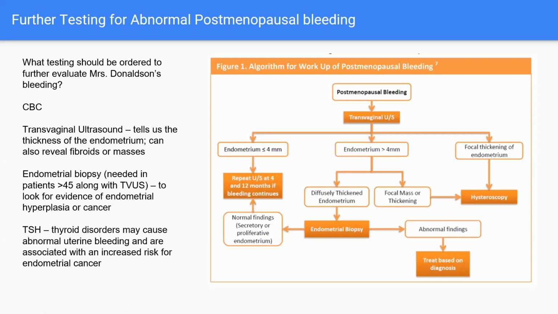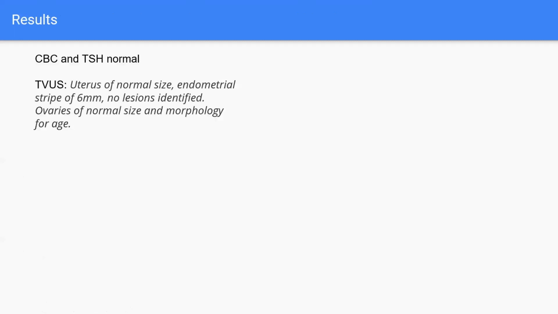All right. This is talking about how the transvaginal ultrasound can be really helpful in evaluating postmenopausal bleeding, because like I said, the thickness of the endometrium is what we're interested in. If it's over 4 millimeters, that's considered abnormal, and you'll want to do a biopsy. But in this patient's case, because she's over the age of 45 and presenting with postmenopausal bleeding, we'll want to go ahead and do the biopsy as well as the ultrasound. So you just want to order both in general, regardless of what the ultrasound says, you still want to do the biopsy.